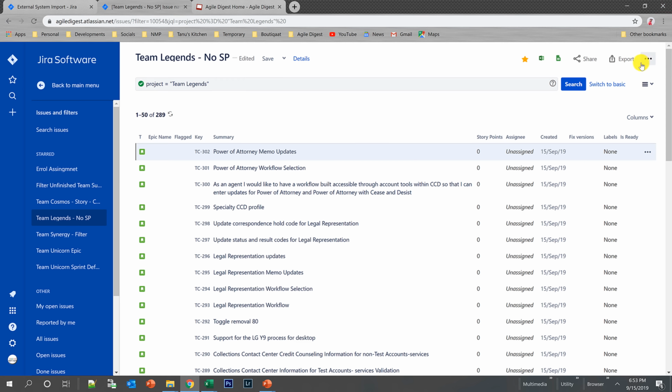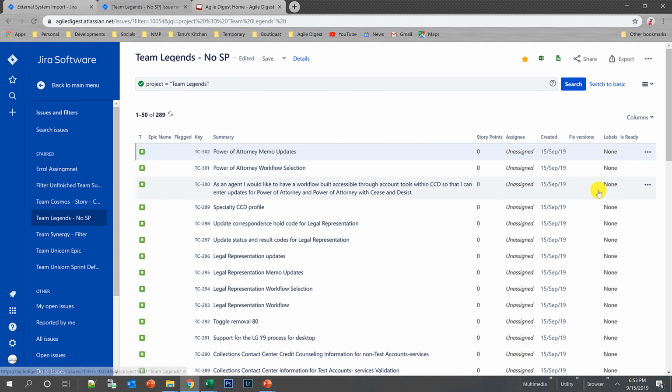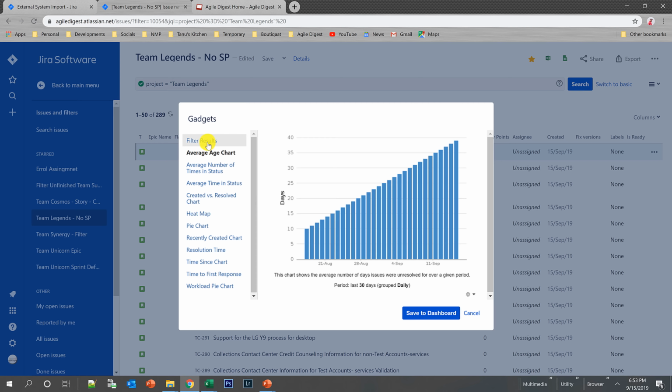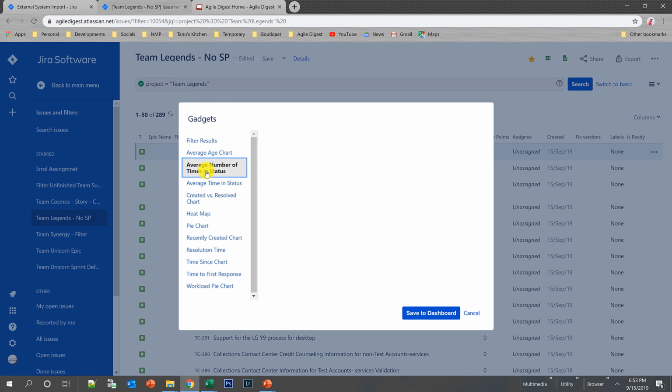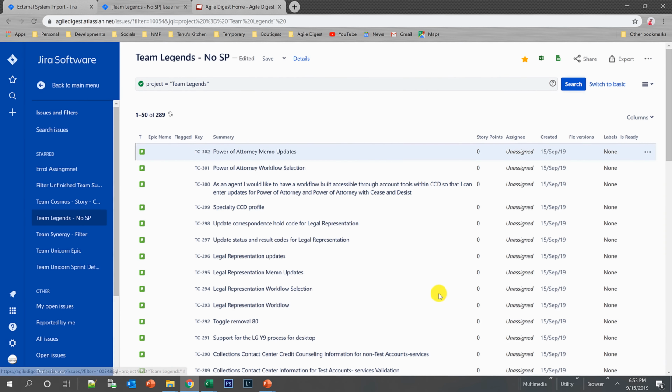Now there is one option you might have observed under export, which is create a dashboard gadget. If you create it, it will create a gadget with this filter result. That is actually not very useful. It will ask you for which gadget you want to add, and you can create your gadgets within that. Average summary, time in status, these are the different gadgets already there. So instead of creating it here, you can create it within the dashboard. I am not going into the dashboard creation right now, but you can understand this is all you can do